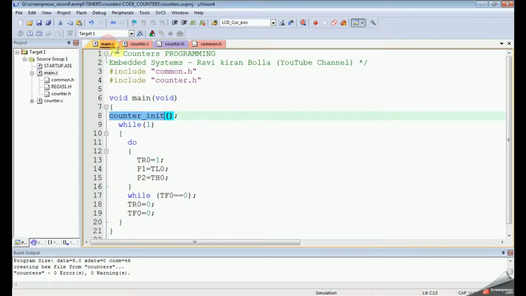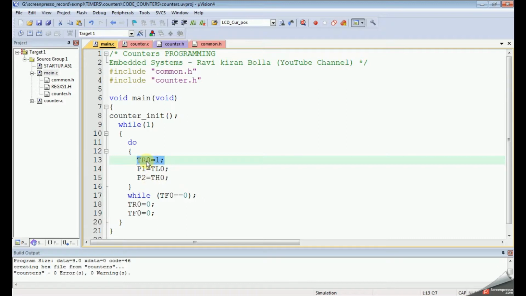If you see the next main logic in while of 1 infinity loop, there is a simple do while here to get the count and update it in port 1 and port 2. If you see the program here, TR0 equal to 1, that means we already seen this in previous video.